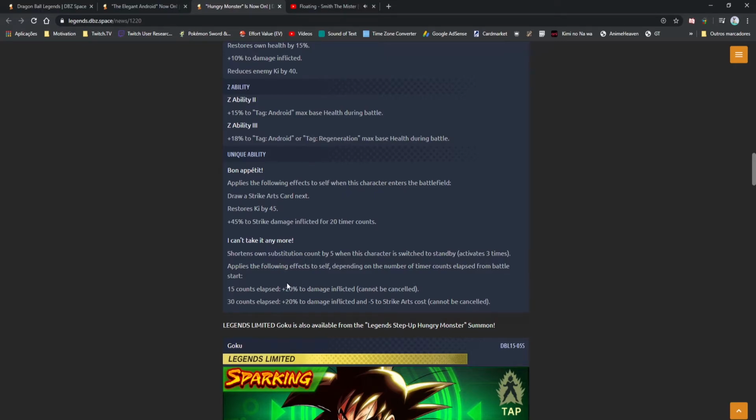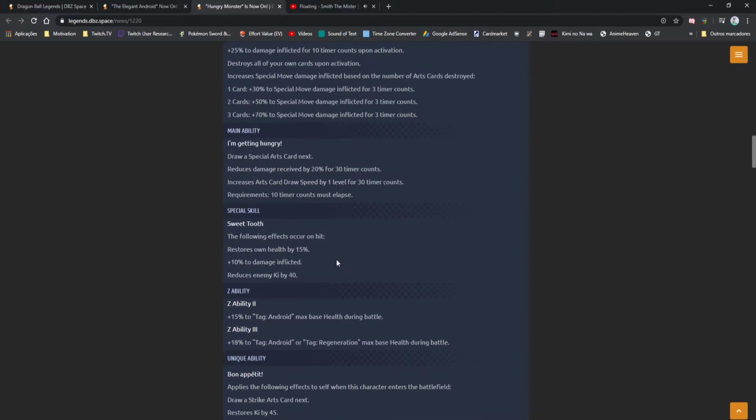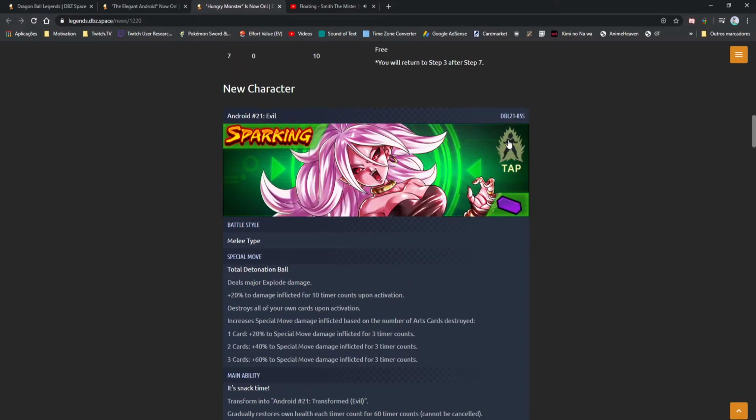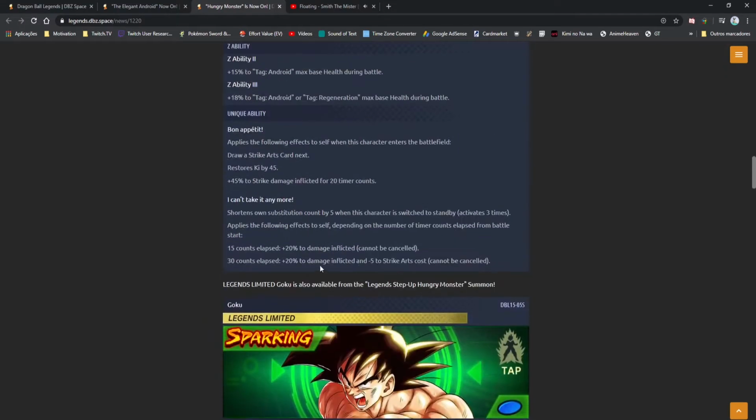What do you mean battle start? At this time, she's already going to be doing like 20% damage, because it needs like 15 timer counts for her to transform, so it's guaranteed for you to get that much already out of her, right? 15 timer counts must elapse for the transformation, so this is guaranteed from the beginning, and then you just get the same extra amount of damage plus this, the -5 to strike arts cost, and cannot be cancelled,